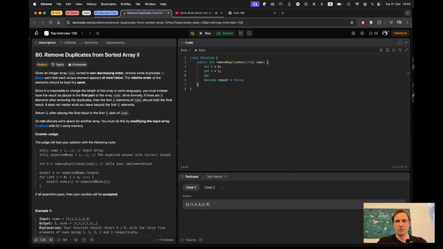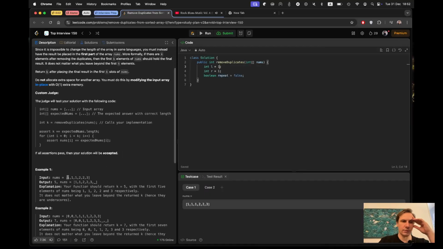Yes, we are starting from the first index because the element at index 0 will always be correct. So we are starting from the first element actually, because the first element will be